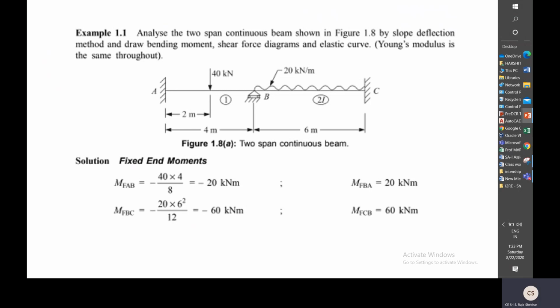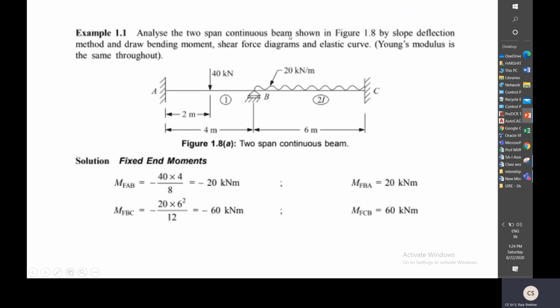This is a problem. This is a two-span continuous beam. For the two-span continuous beam, how to analyze by using slope deflection method, and how to draw bending moment diagram, and how to draw shear force diagram. We'll see in this session. Here,